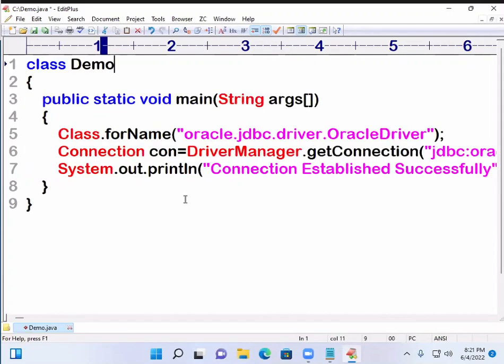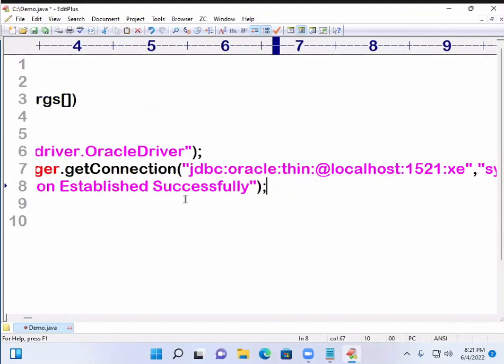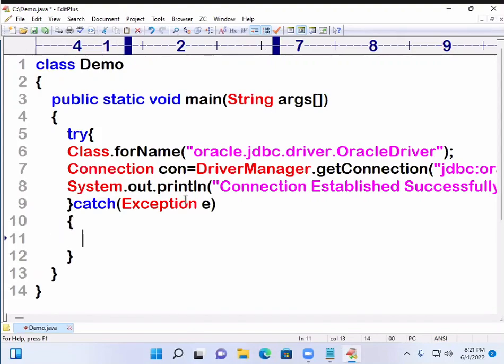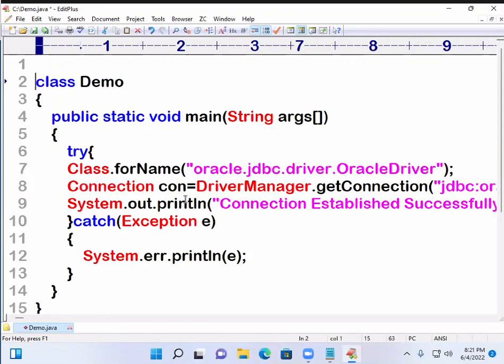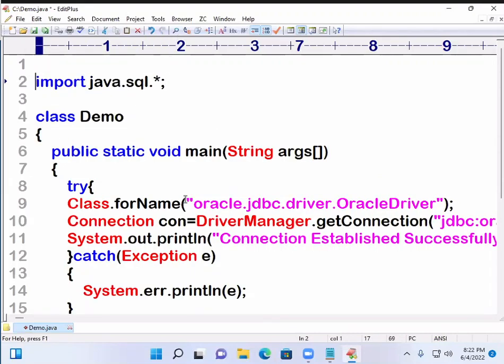Get local. Now it will throw exception, try catch blocks, which will handle all the exceptions. This is everyday same, no change. See, we have to import the package. Import java.sql.*. Now, this is a program to establish a connection